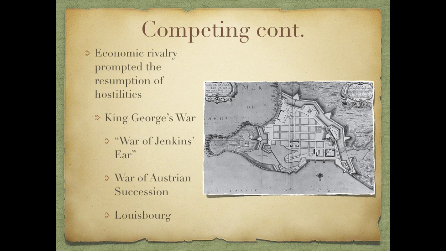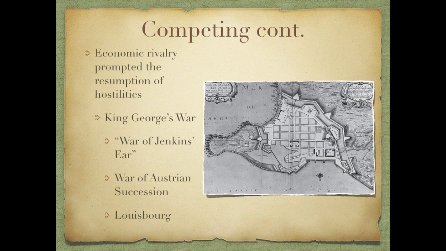But there was one major engagement in North America, and it resulted in a group of New Englanders taking control of the French outpost of Louisbourg on the St. Lawrence River. The French, in the meantime, had managed to take control of a British outpost in India. And when a settlement to the war was negotiated, it was agreed that Britain would give Louisbourg back over to the French if the French would give their Indian outposts back over to the British. This, in turn, created a fair amount of suspicion among the colonists that Britain was neglecting them.